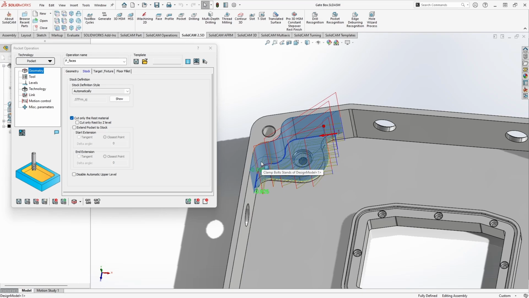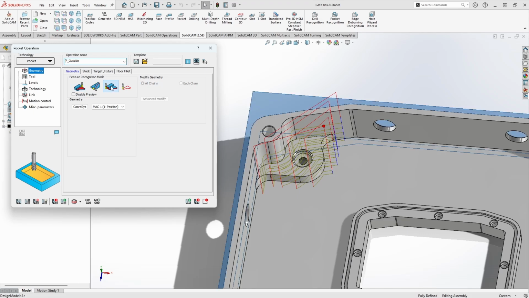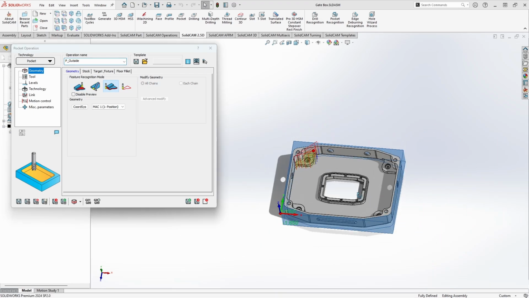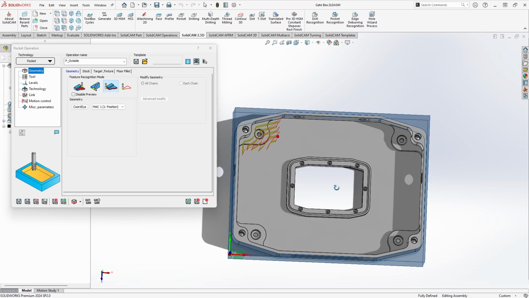Let's turn this back on for now and look at some of our other options for selecting geometry. The next option we're going to look at is the external boundary recognition. So if we click on Outside Feature Recognition, what this will do is automatically look at our part and define where the outside of that part is, and look at all of the stock material that needs to be removed from that external region. So if we regenerate our toolpath now,